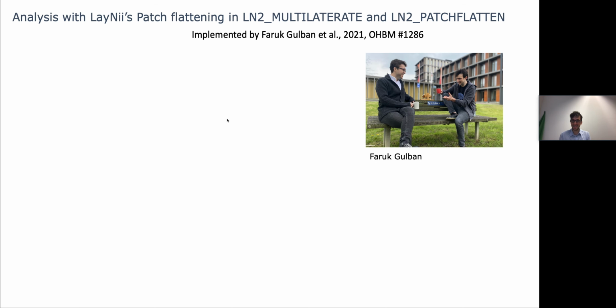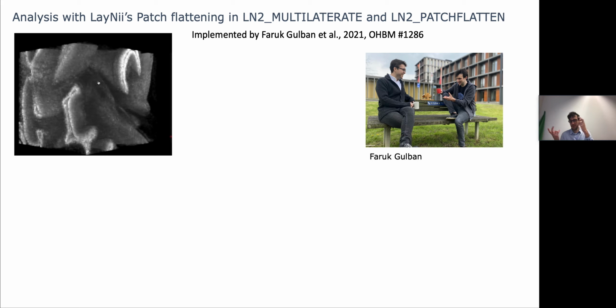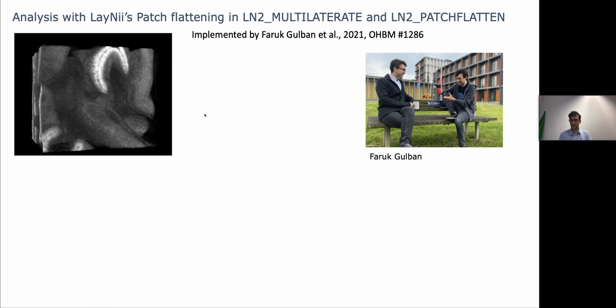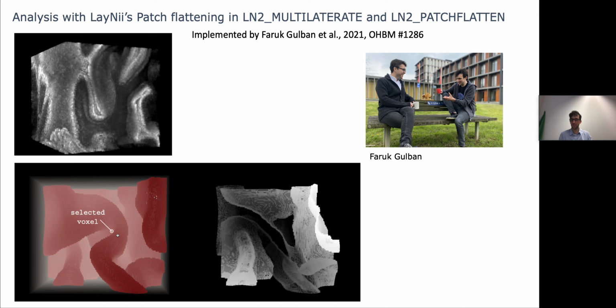To analyze those slab data in a topographical fashion, I'm using the new tools developed by Farooq Gulban that he developed as part of the layer fMRI software suite LayNii, which allow you to use kind of any limited field of view 3D MRI patch, and then you pick a seed region as an origin of your coordinate system, and Farooq uses all kinds of